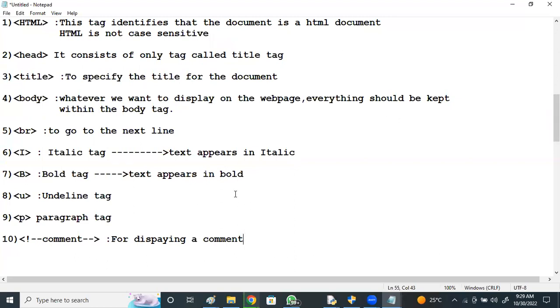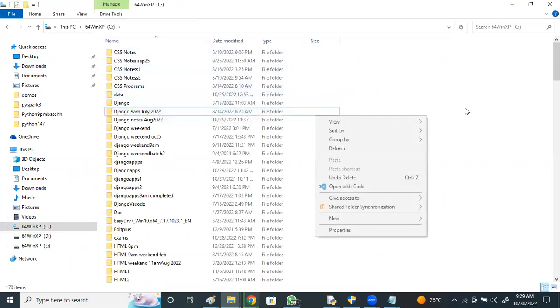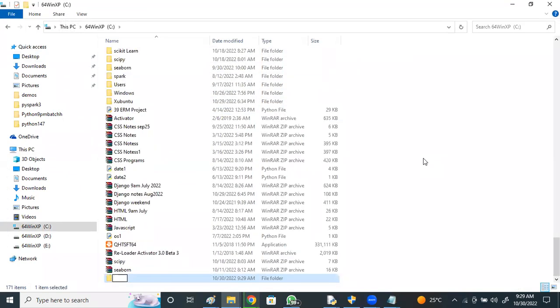If you want, we can do this in parallel. You can open a Notepad file, everyone, but before that, create a new folder.